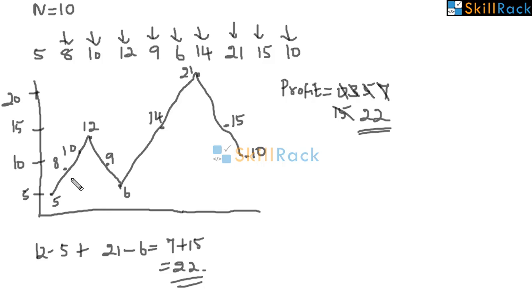Okay. So we need not go in order of n squared. We can just solve this program in order of n, linear time, just by iterating once from the second element. The first element you are not starting with because there is no previous element, okay, that is the starting element. So we need to start from the second element and compare and calculate the profit. So based on our discussion, please solve the program.